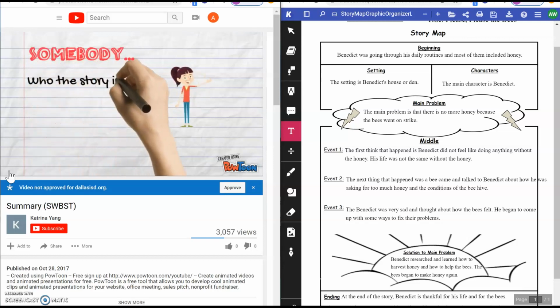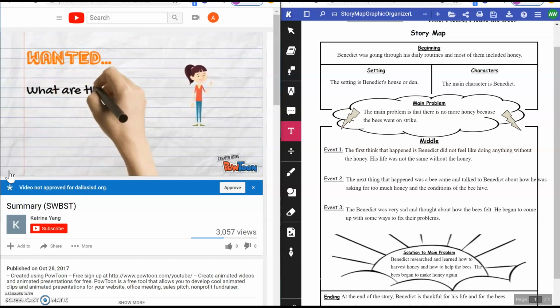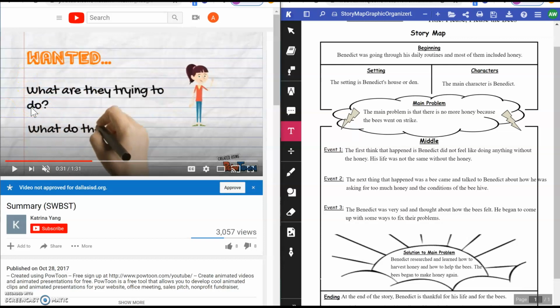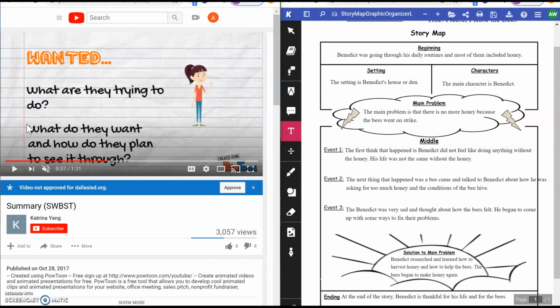Somebody. Who the story is about. Wanted. What are they trying to do? So, the somebody is our character, our main character. Now, what are they trying to do? Or, what do they want? And how do they plan to see it through? So your somebody is your main character. Your wanted is what is your main character trying to do? What do they want? And how do they plan on seeing it through? That's your wanted. So somebody wanted,